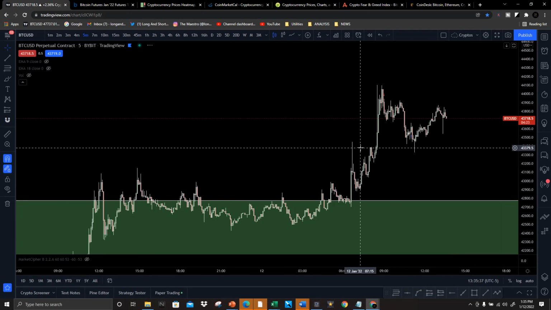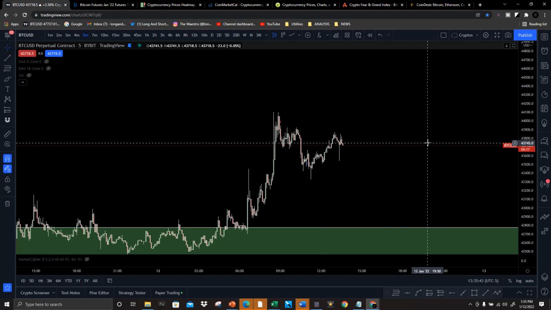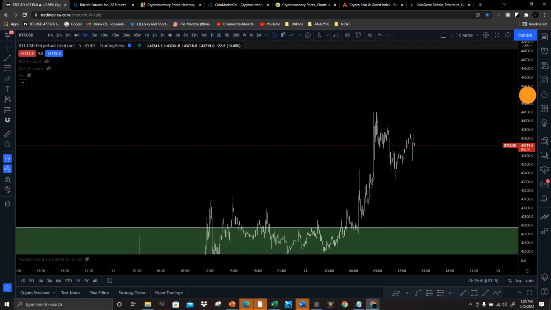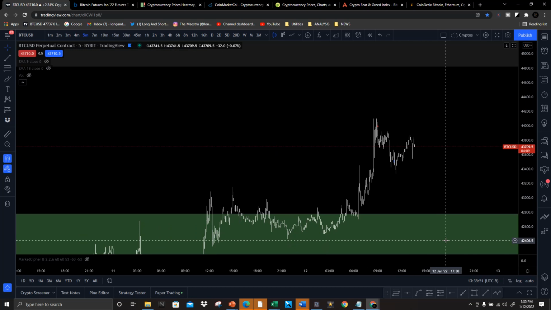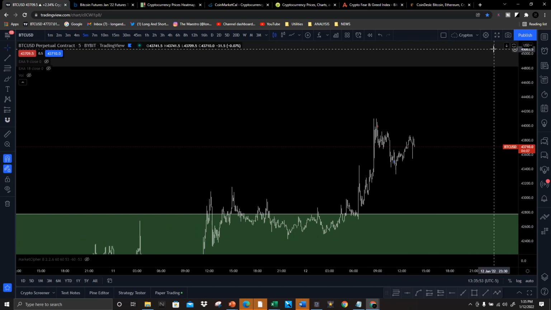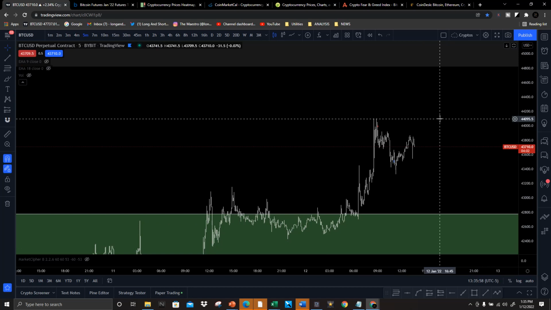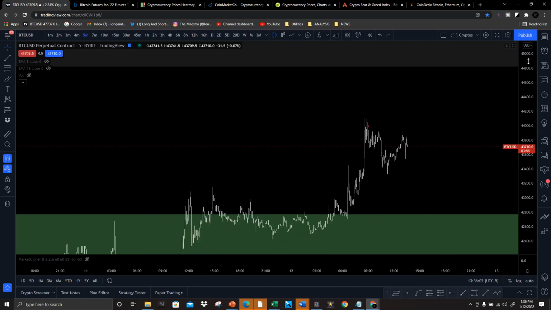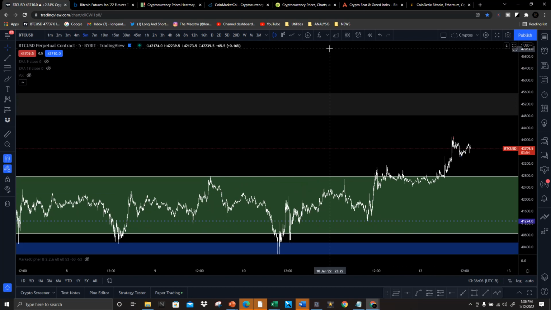Going into Asia, things may be moving a bit sideways. You may get a bit of a pump in the afternoon, but I'm anticipating that Asia is going to do one of two things. Either they're going to buy to continue this move up, or they can push it back down to the zone and then London will come in and buy. I'm anticipating for tonight, whatever Asia chooses to do, London will do the opposite of it. It just seems to be set up that way at the current moment, but we'll see. All right, big prediction there.